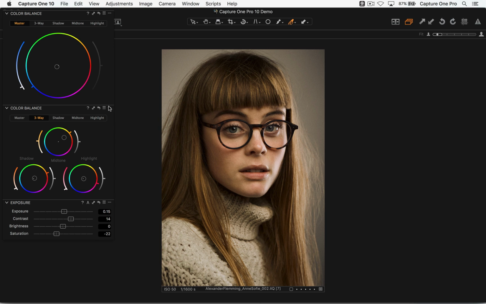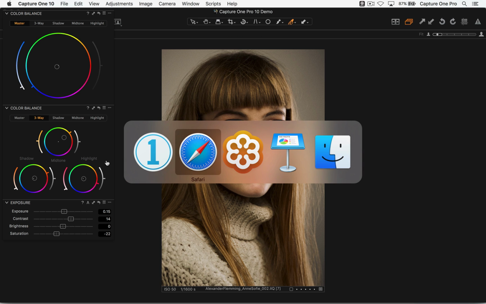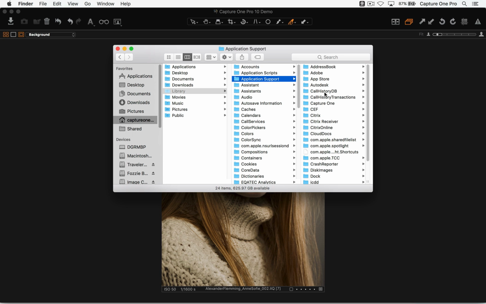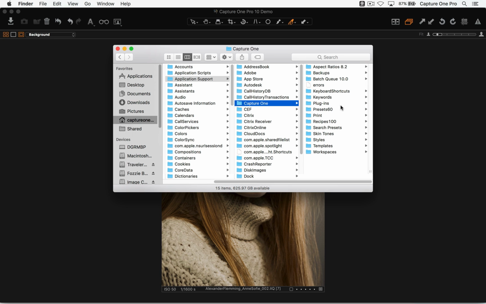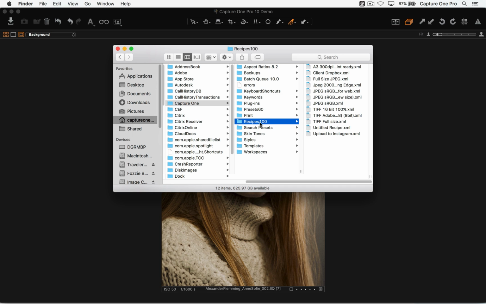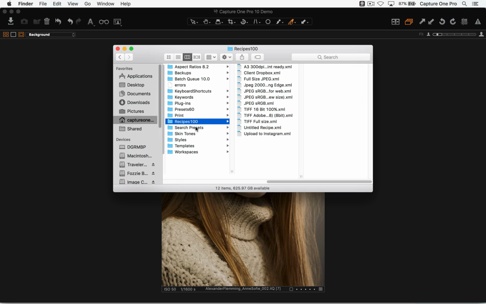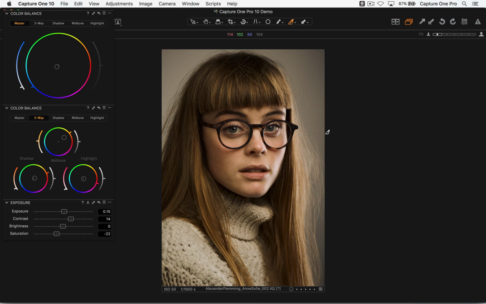So they're available for Mac and PC. Download in the follow-up email with instructions on where to place them as well. All things like styles and presets in Capture One: if you go to your Finder for Mac, hold down your Alt key so you get Library pop up as it's hidden. Application Support, Capture One, then all the presets like keyboard shortcuts. We've got our, where are they? Presets. There's the color balance presets, metadata presets, process recipes, and so on. They're all stored in that folder. The PC location is a bit different, but that's also in the follow-up email as well.